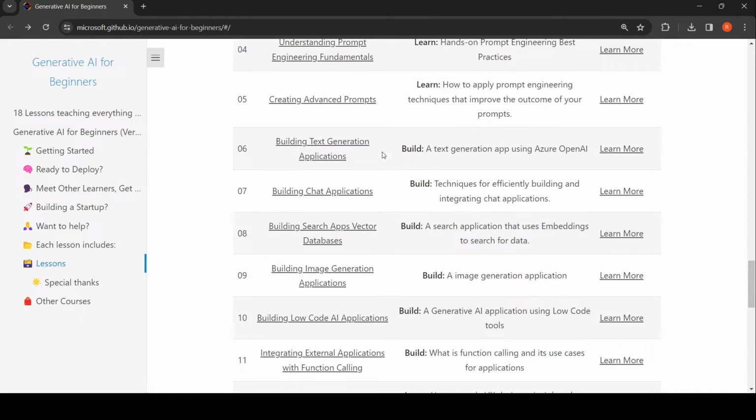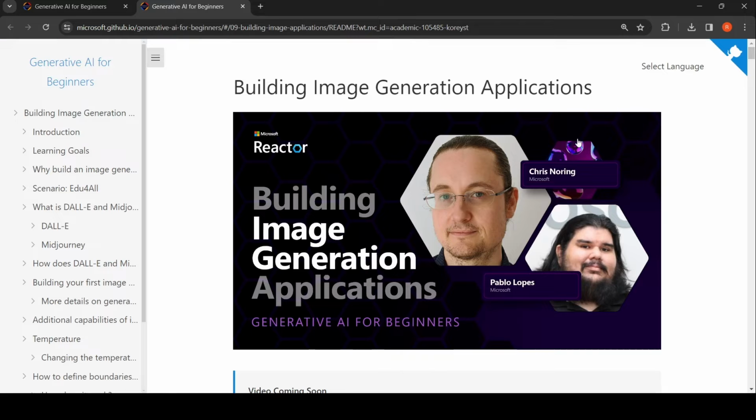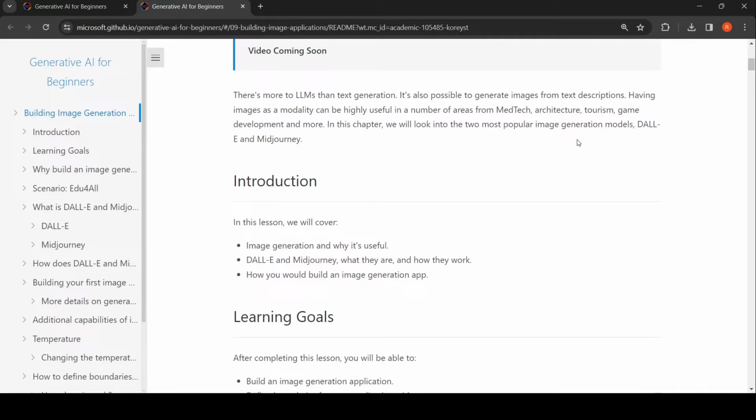Okay, so if I were to open this, it talks about how you can use DALL-E and Midjourney, what they are, how they work, how can you build an image generation app,